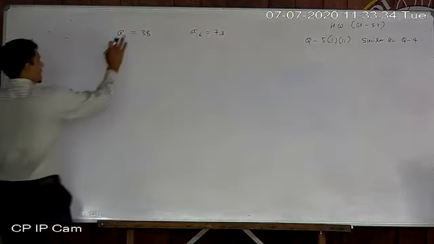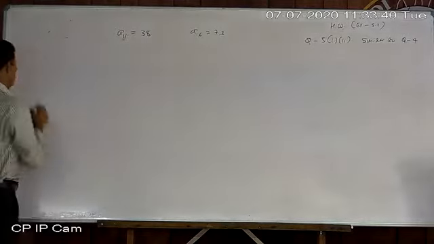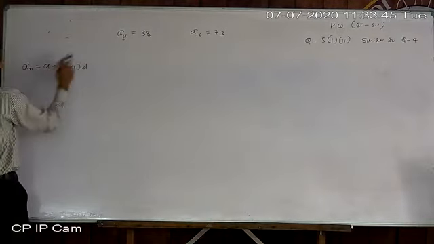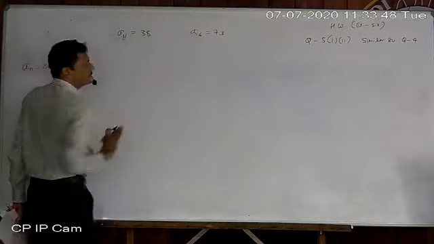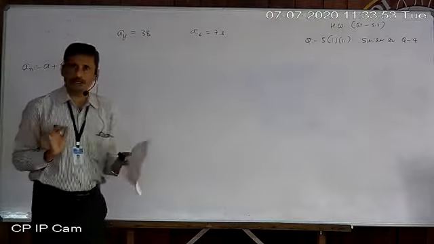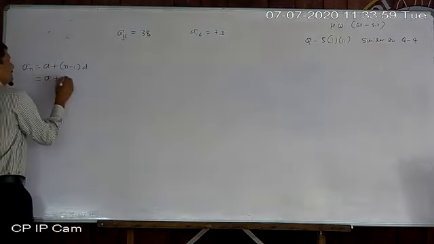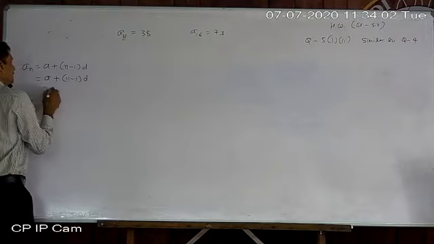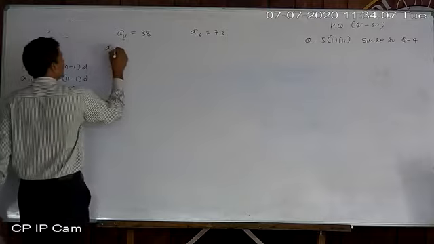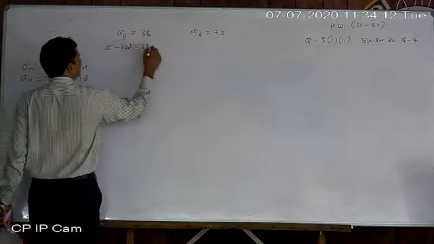Now, if two terms are given, then can we write an equation? You know, an equals a plus n minus 1 d. We are having n: n is here 11 and n is here 16. We have n only, nothing else, no a and no d. So just place here 11. So I can write a11 is equal to a plus 11 minus 1 d, that is a plus 10d. So directly you can write a plus 1 less d equal to 38. So that is the one equation.